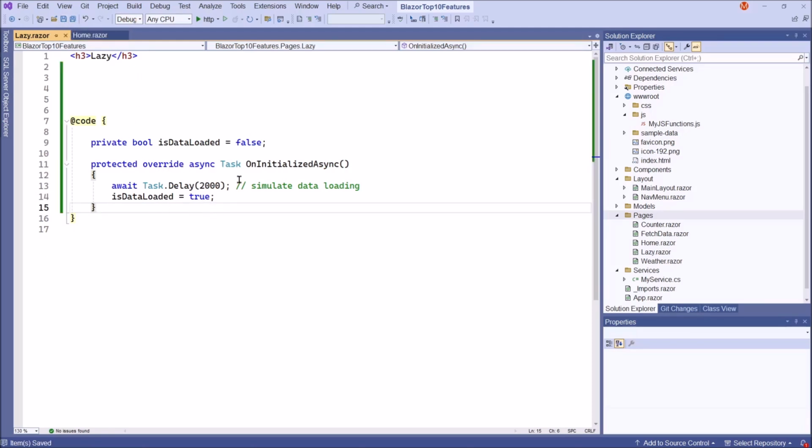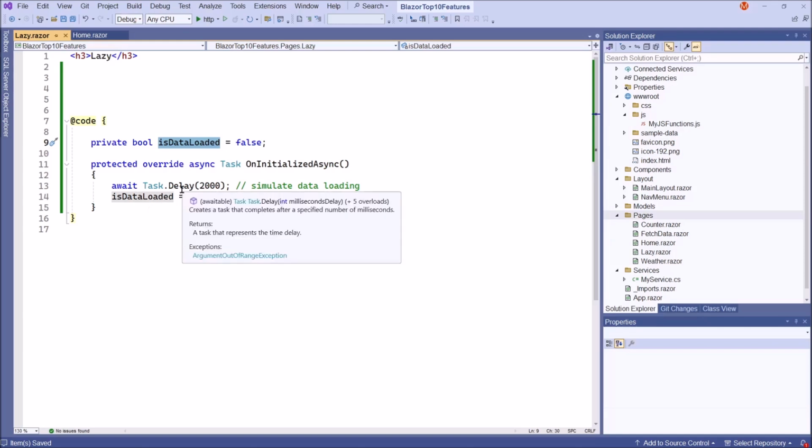Now let's implement this inside the HTML code portion. Okay, because we have here is data loaded, this parameter or variable. This is a Boolean variable. Once the data is loaded, namely after 2 seconds, this will get a true value. Therefore,